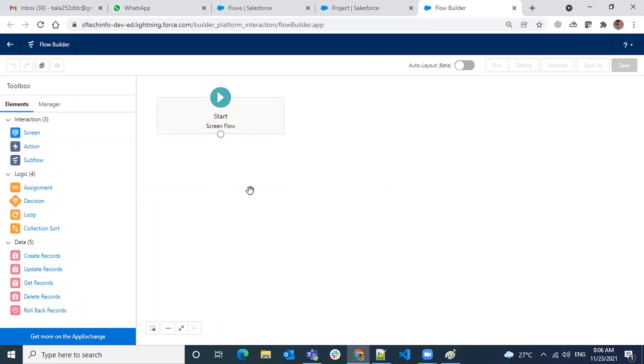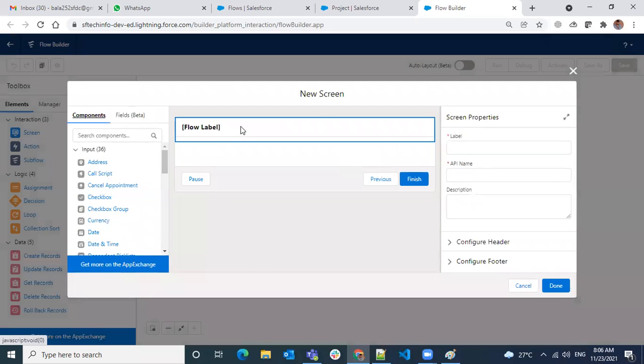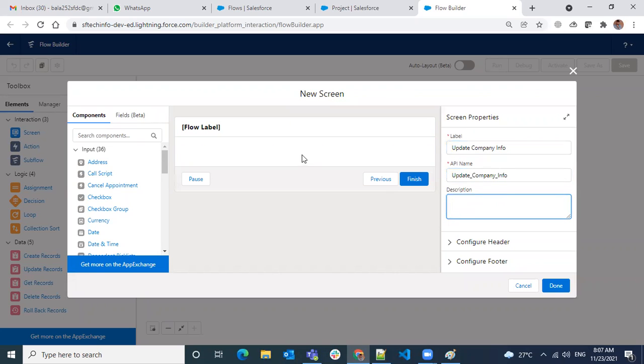Before you drag, you want to add one more screen. I want to add one screen here, and I want to give a label for this flow. Let's say update company info. Okay, fine.